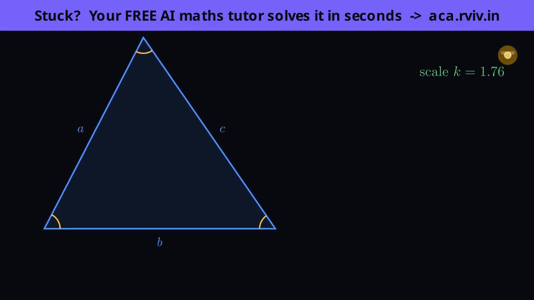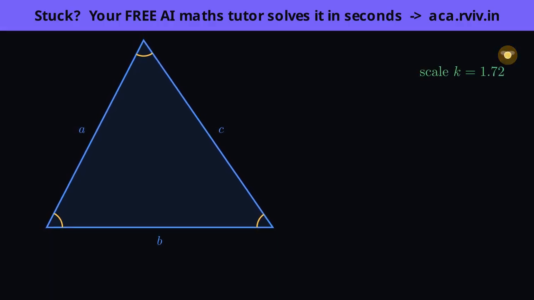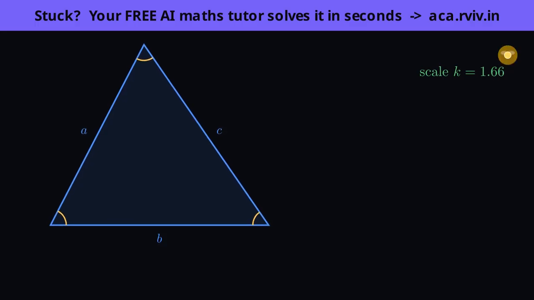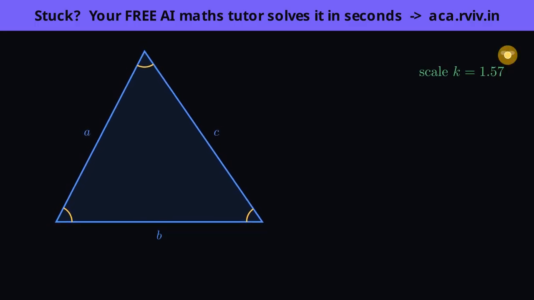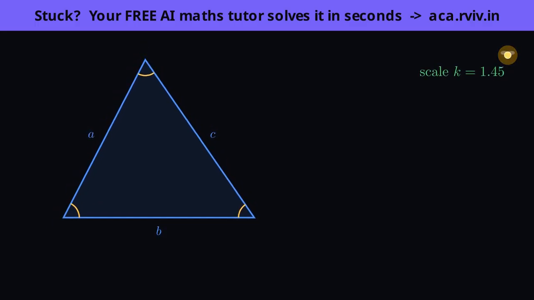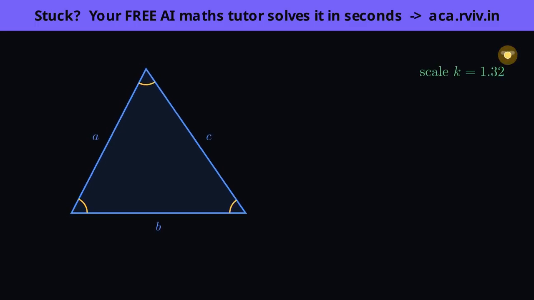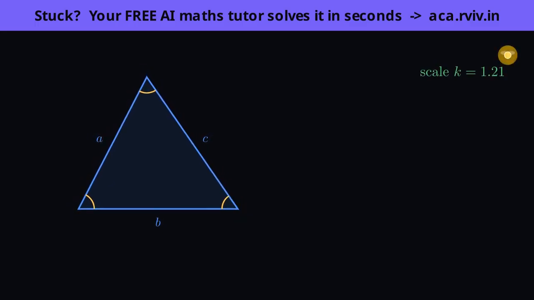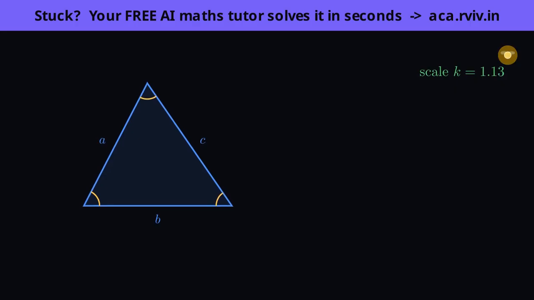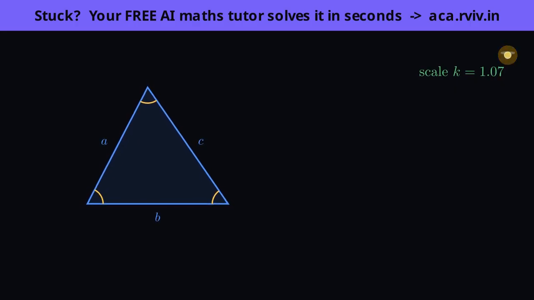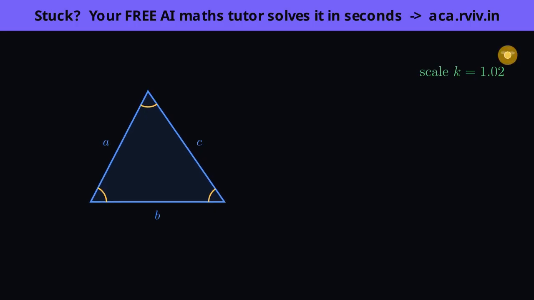So let's state the definition once and for all. Two triangles are similar when their angles are equal and their sides are in a fixed ratio k. Those 2 facts are actually 2 sides of the same coin. You'll soon see that equal angles force proportional sides, and proportional sides force equal angles. That deep link is the engine of the entire chapter.